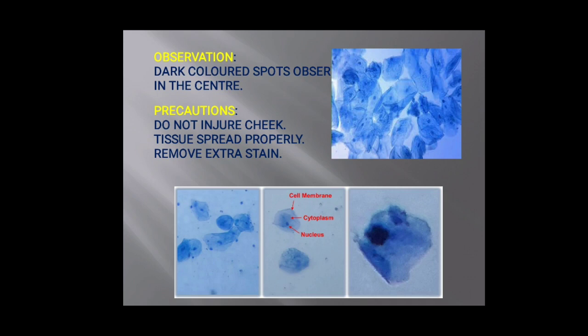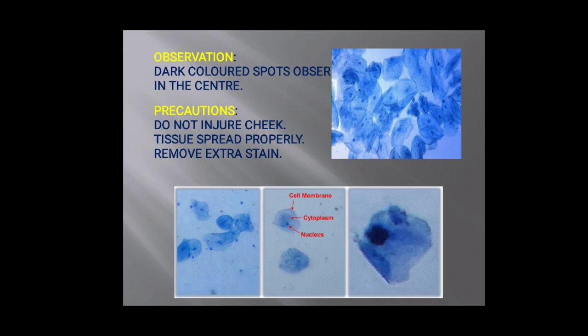You need to answer some questions like what is the shape of the cells, what type of structures are visible in the microscope, and what is the dark colored portion observed in the cell, and why is it very dark? It is because the other parts of the cell do not take the stain and only this dark colored part takes more stain. This dark colored, dot like structure in the cell is the nucleus.